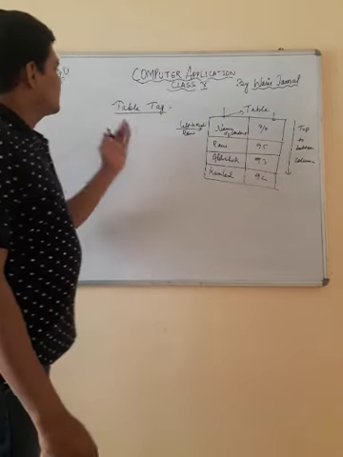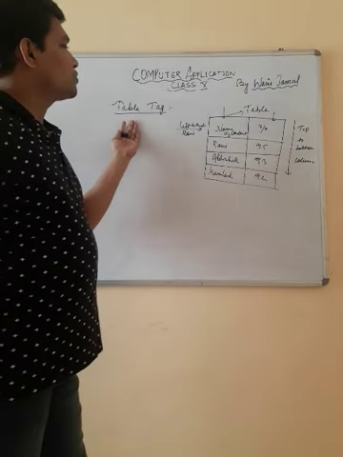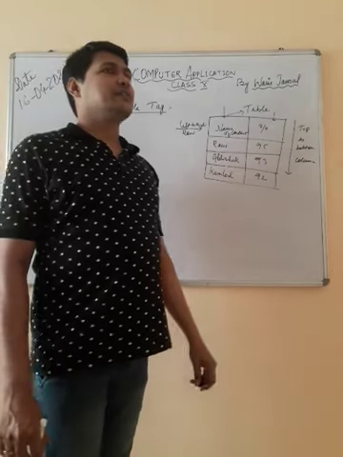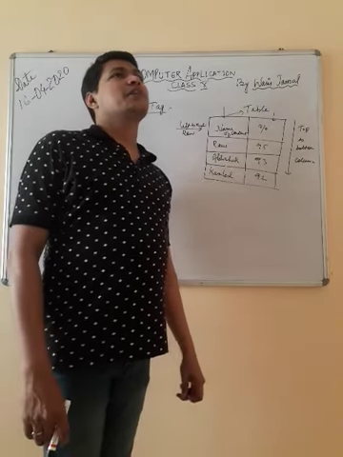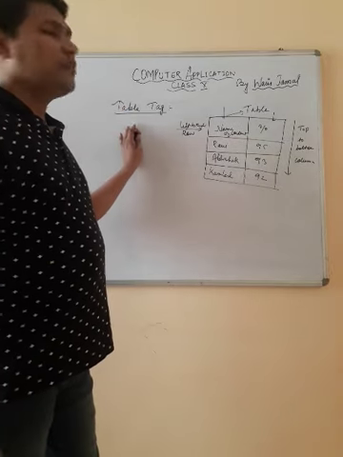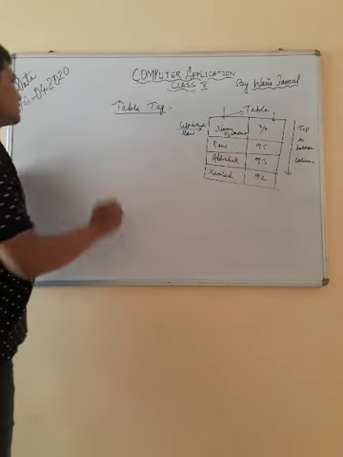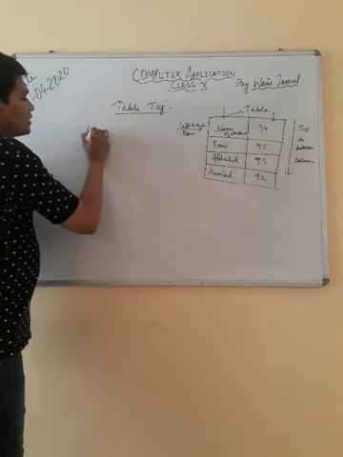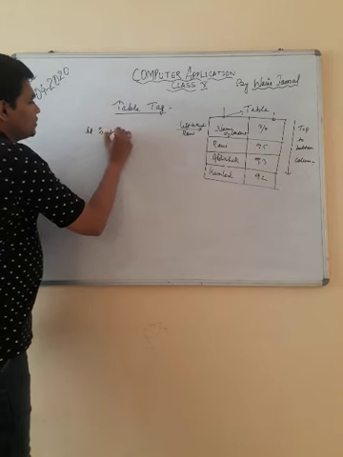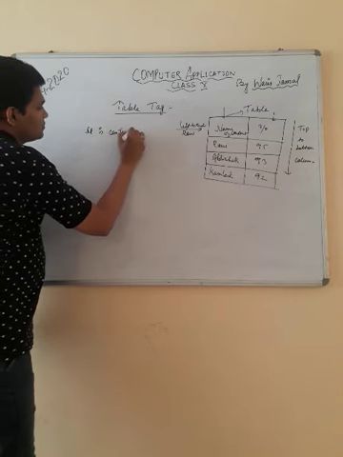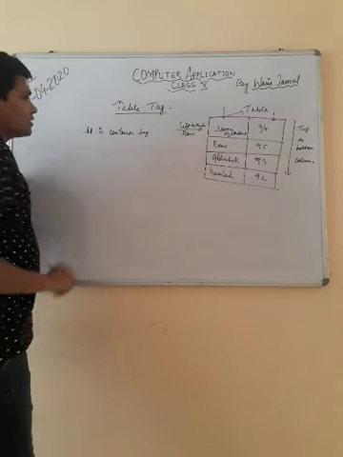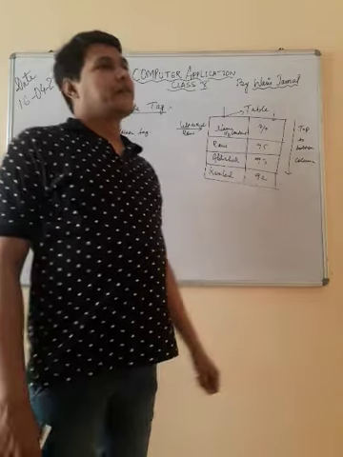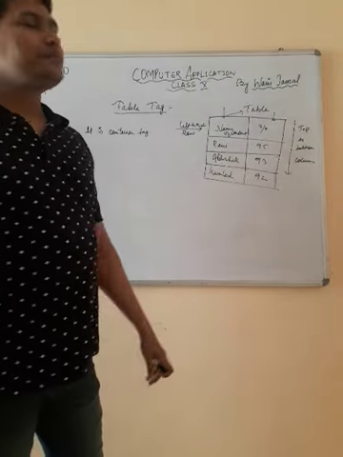Actually, students, in HTML, a table tag is used to create a table structure. How is a table structure created? By the help of the table tag. Table tag is a container tag. As you know very well, the tag which has opening as well as closing is called a container tag. I think you understand all the things.